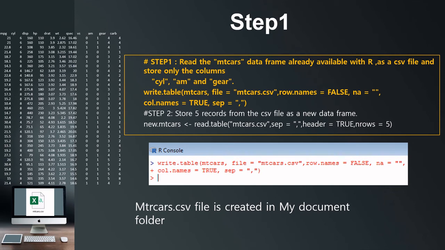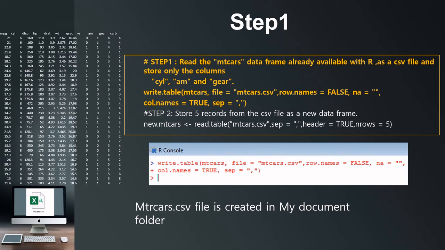Step number 1. There is the mtcars data frame which is already inbuilt with R. I'm going to use this mtcars as an example to show. In step 1, I'm just going to create a file called mtcars.csv using the mtcars data frame, with row.names false, col.names true and separator comma.